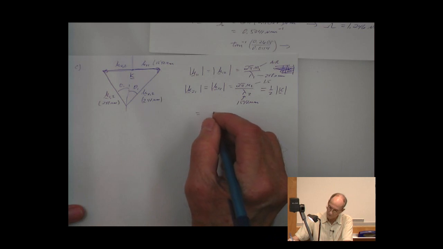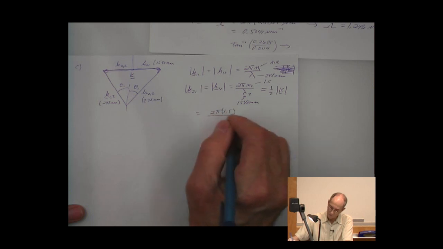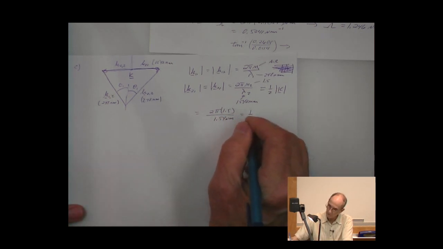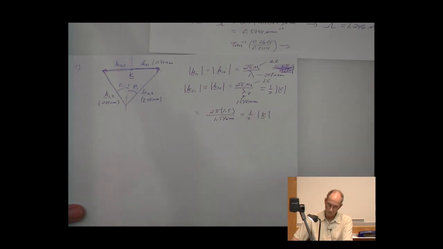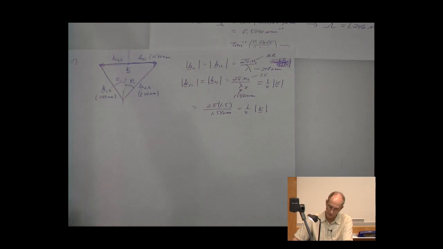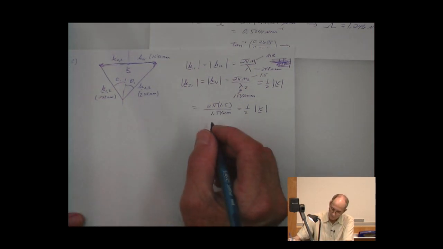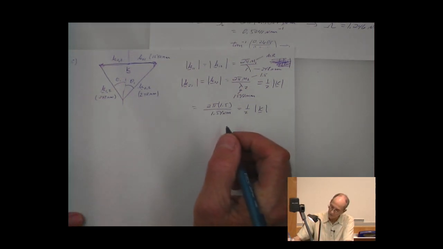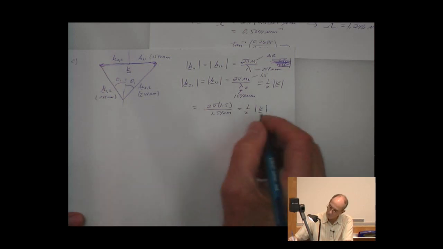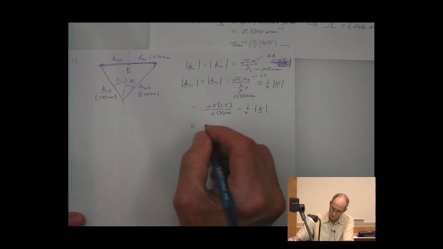So that's going to be equal to 2 pi times 1.5 over 1.54 microns, and that's equal to the 1/2 K. And so we have our number for that, but we don't really have to multiply it out yet. And this here is also going to be equal to